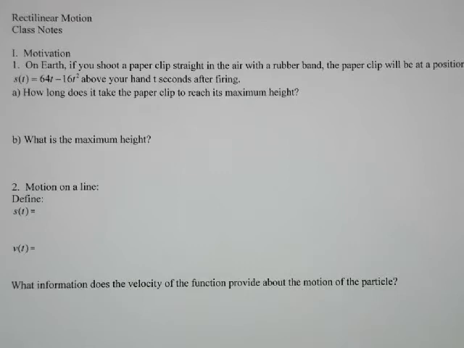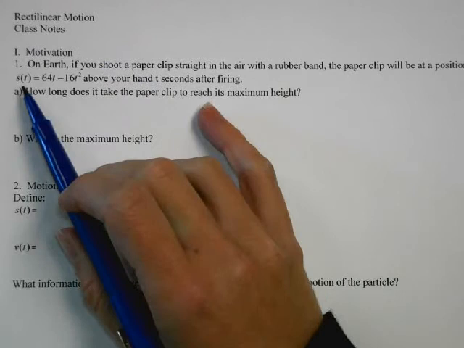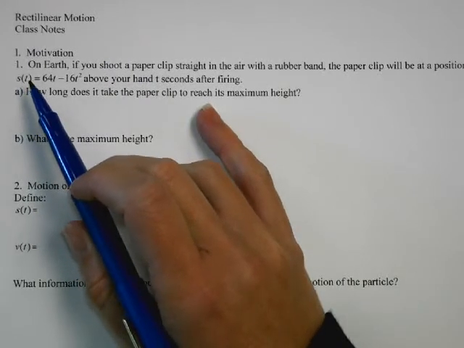So on Earth, if you shoot a paperclip straight up in the air with a rubber band, the paperclip will be at position S of t, and S is a common